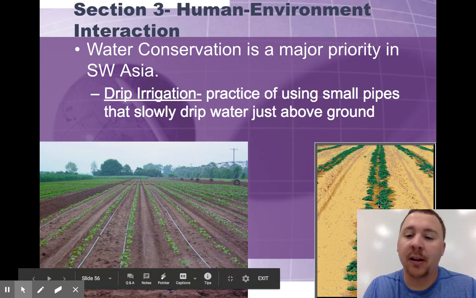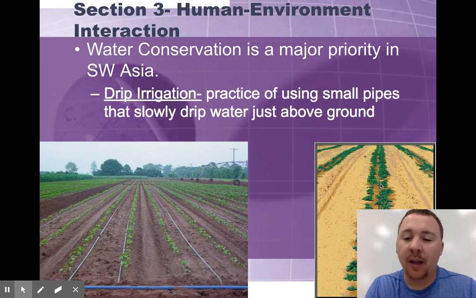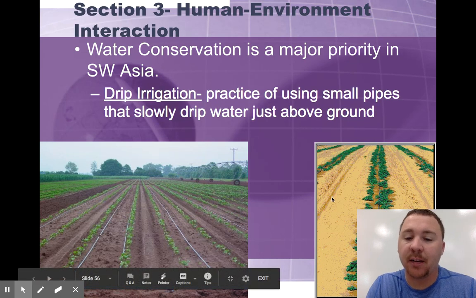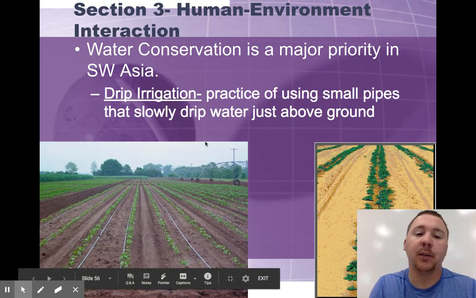What Israel specifically and other countries out there are starting to do is called drip irrigation. It's where you have little tiny holes in this hose here, and just little bits of water get out. So you're not watering all this land around it that doesn't need to be watered. You're just watering where your crops are. Unlike this land, where you're watering everything with these big sprinklers.